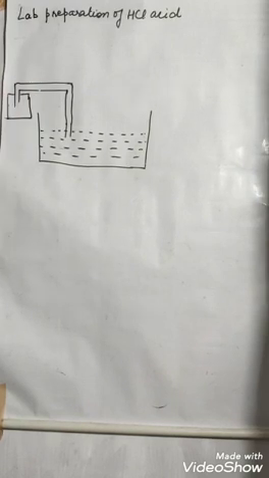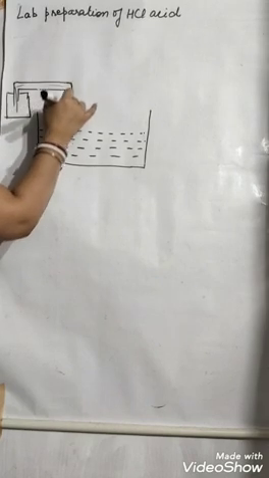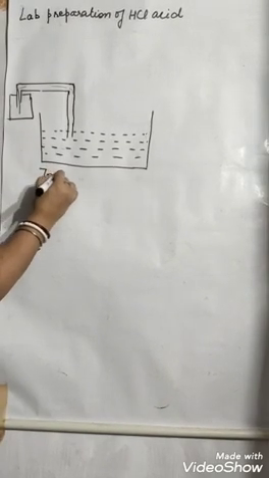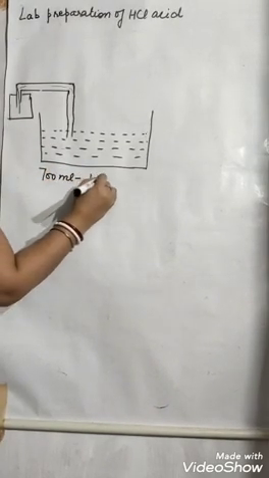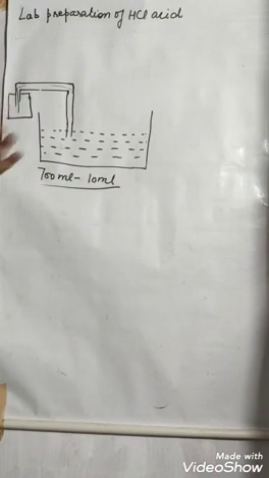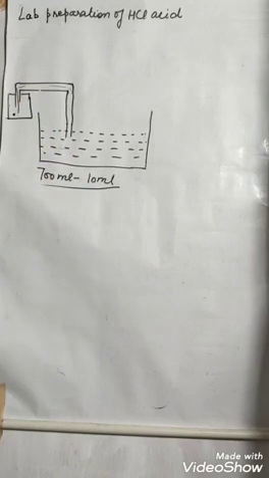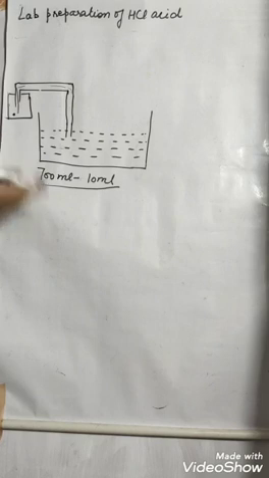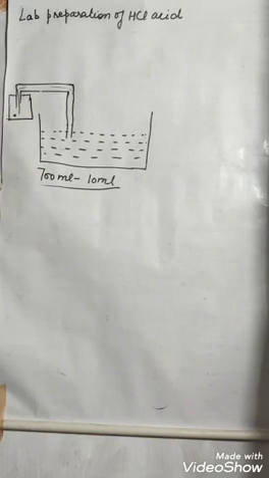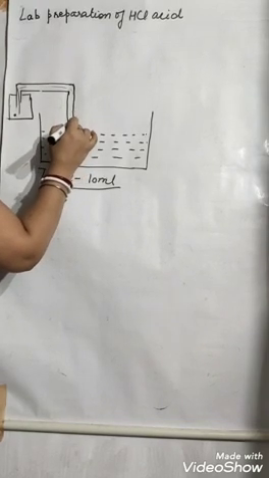Here it is fully closed, right? HCl will come and it will dissolve. As I told you, 700 ml of HCl can dissolve in approximately 1 ml of water. So here production will be less, dissolving will be more. So what will this create? Vacuum, pressure will create. So this water will start going inside.